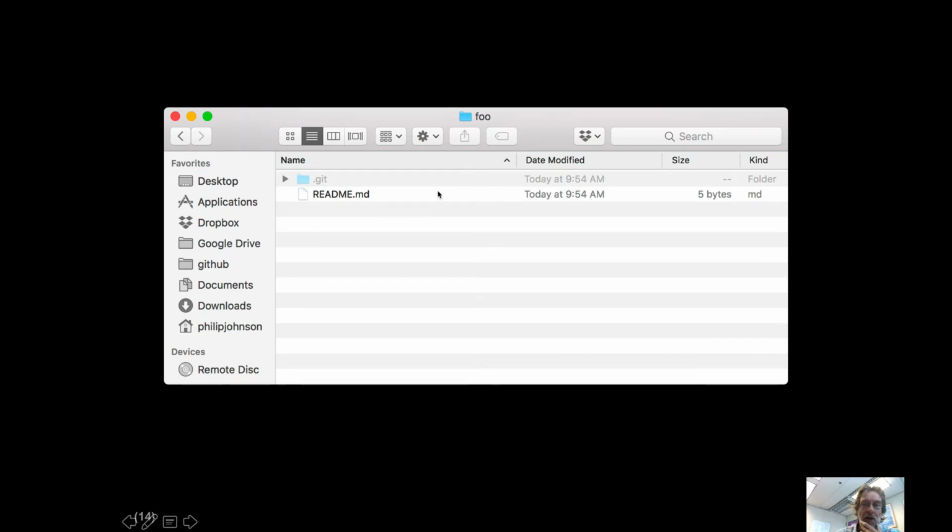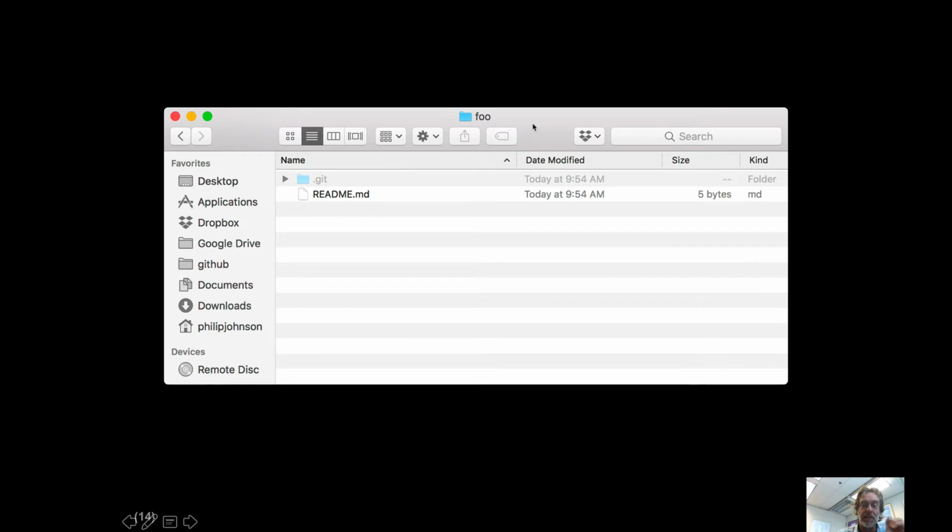If we go out into our file system, you can now see that there's a foo directory, and it happens to be inside the GitHub/Philip M. Johnson directory. There's a README file, and then there's this .git directory that's kind of hidden,